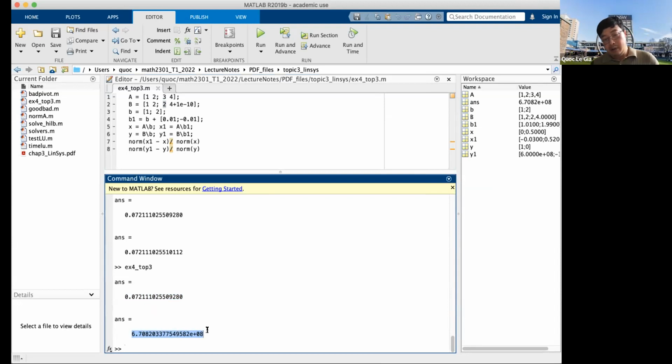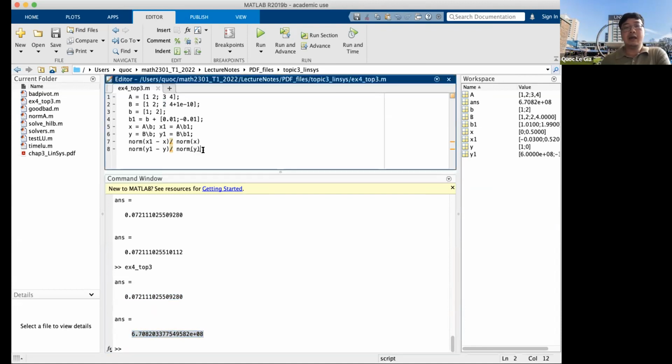Okay, it's 100 million. And so you can see that this one is the evidence that says the matrix B is a very bad matrix. Okay, so even for a very small matrix, 2 by 2, if you try to use a matrix B, then it's a very bad matrix numerically, right? Because when you introduce, you see,